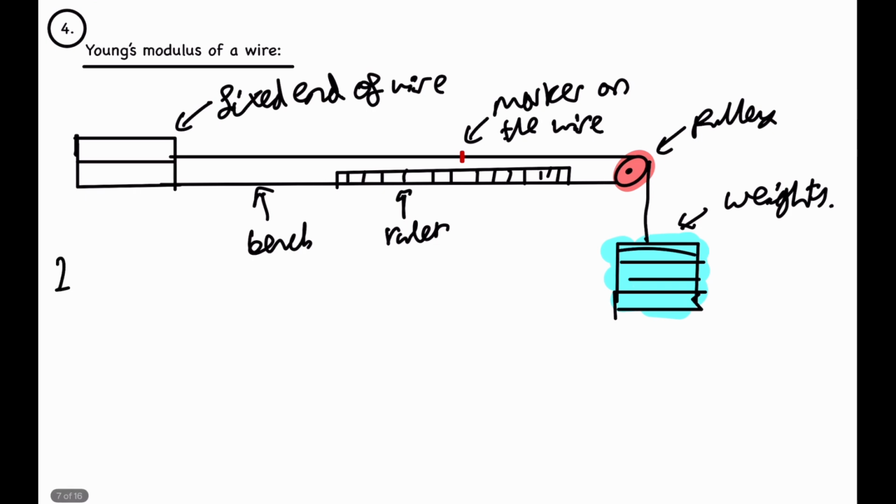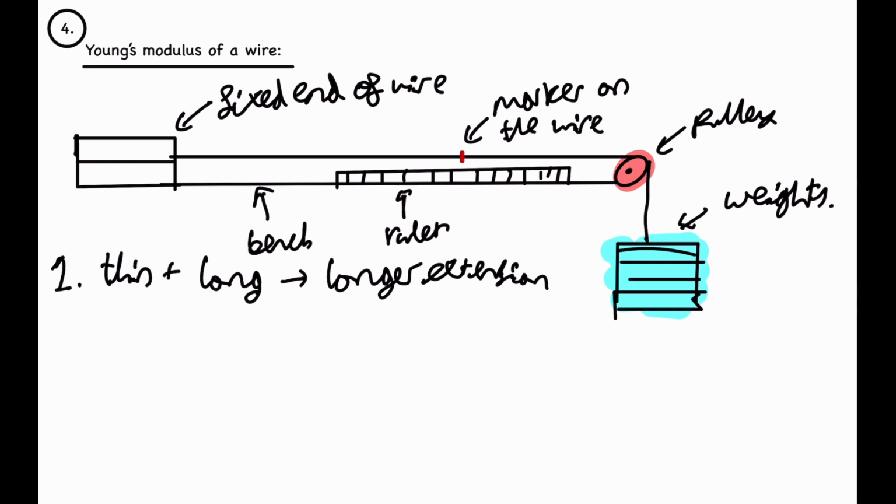So the first step would be that we would have a test wire, which should be as thin as possible and as long as possible. Why? So we would have a longer extension. And if we have a longer extension on the wire, we would have a larger value of x, so our change in x, the percentage uncertainty, would decrease. So now point 2,